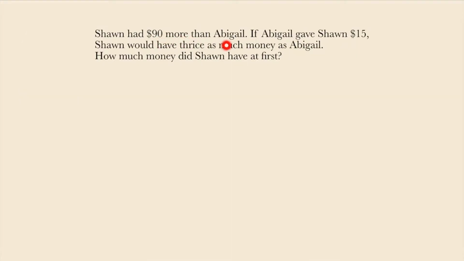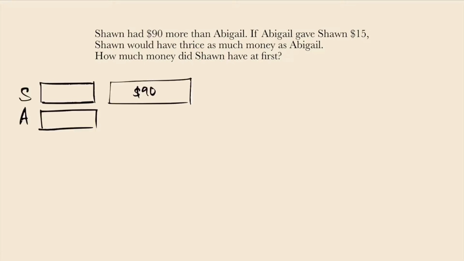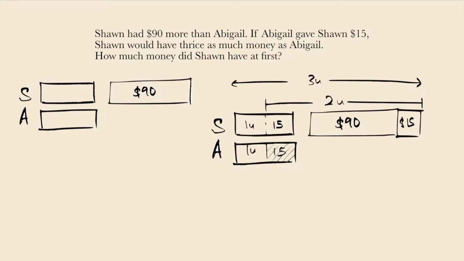Sean had 90 more than Abigail. After this transfer was done, Sean would have thrice. I hope you understand and you can see the pattern right now for this question type. It's always some kind of a transfer and then they tell you there's a relationship. Twice, thrice, double, okay, 4 times, 5 times. So same thing here, 90 more than Abigail, and then show the transfer of 15 from Abigail to Sean